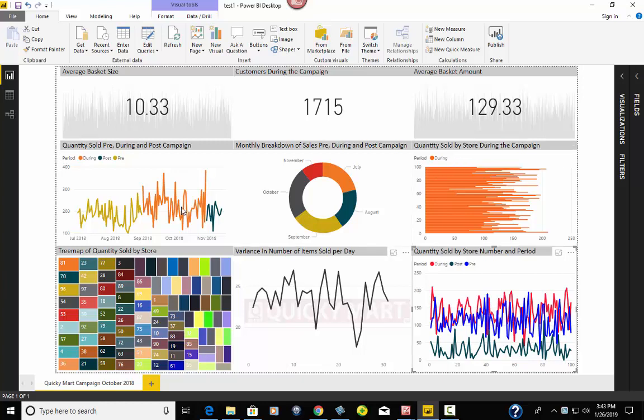They can see what store sold the most. What was the variance during days. We could change that to be months or whatever we want. They can also look at this and identify that the during period obviously outsold the pre and definitely outsold the post. So maybe they might want to tweak this campaign in the future so that they don't have quite this drop